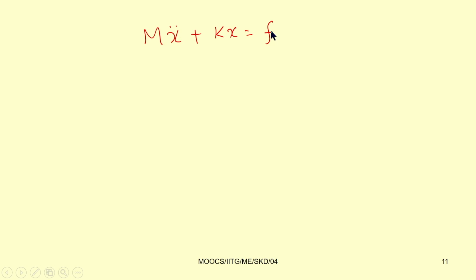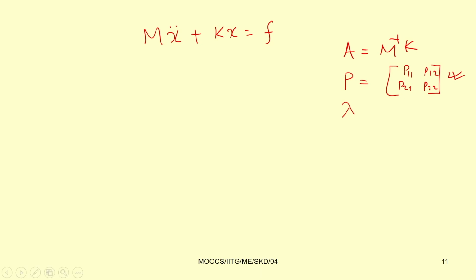Now, let A equal to m inverse k, and p is the eigenvector, lambda is the eigenvalue. If this is a 2 degrees of freedom system, we will have 2 eigenvalues, and corresponding to these 2 eigenvalues we have 2 eigenvectors. So, this is p 1 1, p 1 2 and p 2 1, p 2 2.